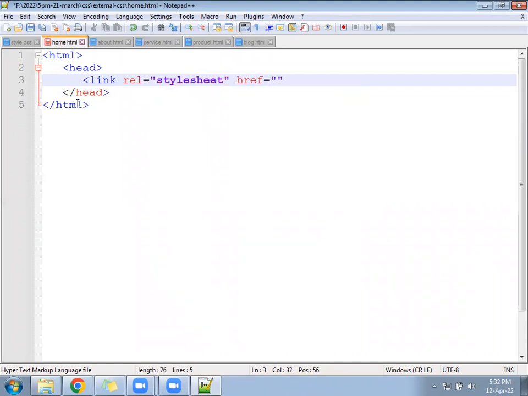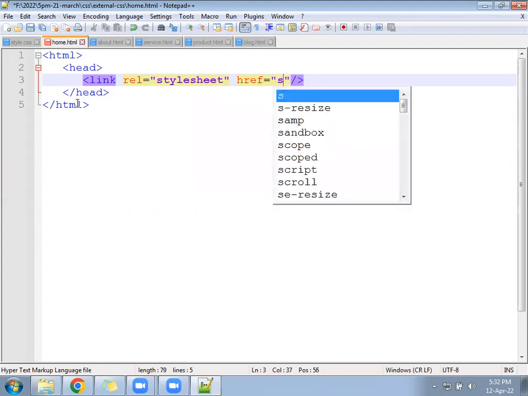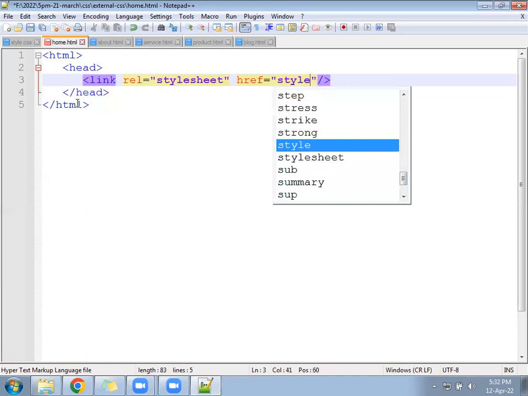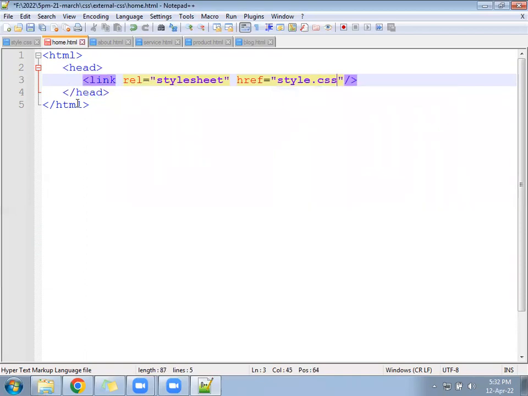Href equal to, we have to give the path of the file. So where is the file? It is in the same folder, so you can write directly style.css. Link rel equal to stylesheet, href equal to style.css.